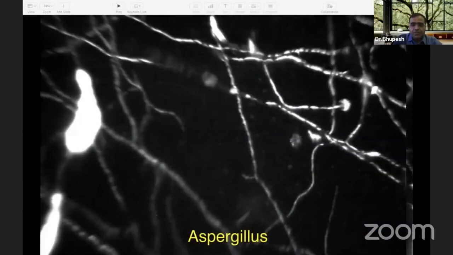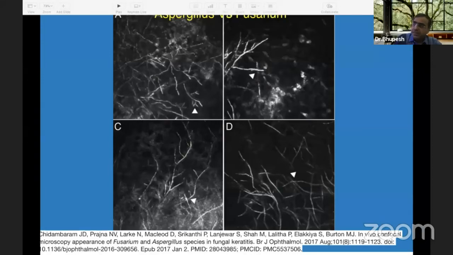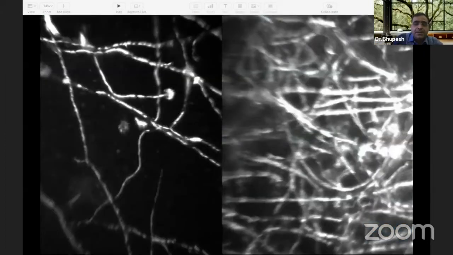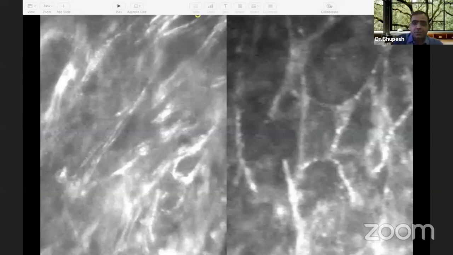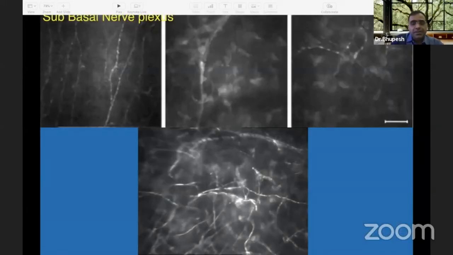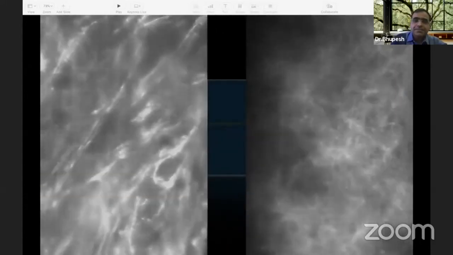So basically, we have to become used to this non-invasive technique to differentiate between all these filaments, because with so many, Aspergillus or Fusarium, you can't actually diagnose it. But on repeated examination you can pick up certain telltale signs to differentiate between Pythium, Fusarium as well as Aspergillus, which are the most common organisms. But the most important thing is to differentiate from the subbasal nerves and stromal nerves. As you can see, you also need to differentiate from scarring as well as from the fungal filaments.